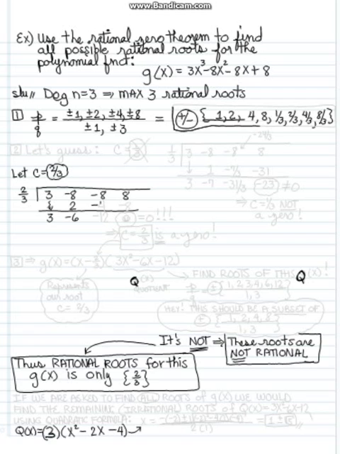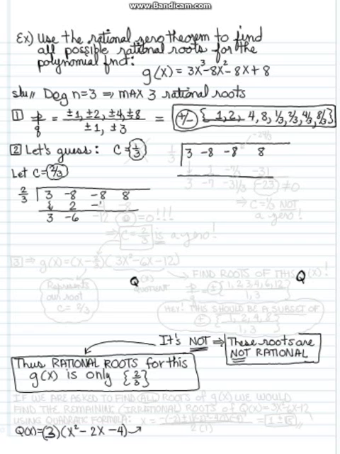So I'm going to take a guess. Let's just guess where to start. We'll start with the smallest number here. Let's start with c equals 1/3. Let's see if that's going to be a root. We're going to synthetically divide the given polynomial by 1/3. There's no missing powers of x, so we'll just synthetically divide 3, -8, -8, +8 by c equals